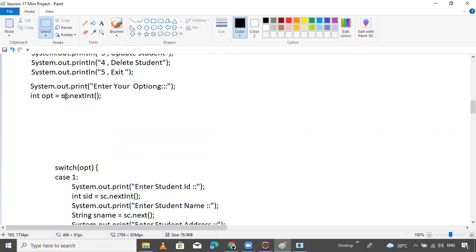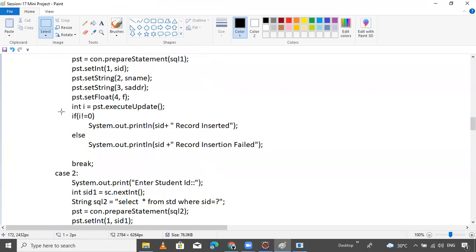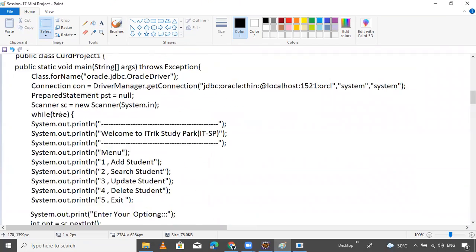This is the asking part, the user, this is the switch. So okay, I want to separate this.